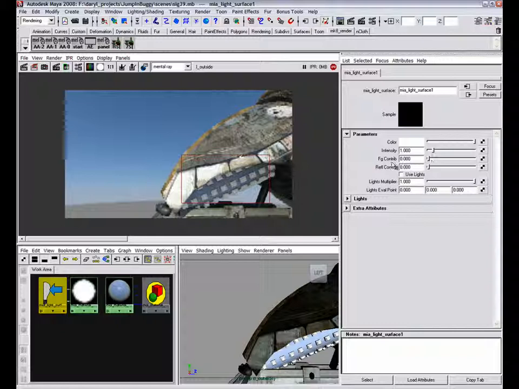And in this case, we don't really care about having it contribute to final gather, because I don't want it to overall brighten my scene. I just want it to glow just where those little objects are. So we'll go ahead and increase the intensity of that. And you can see that it's